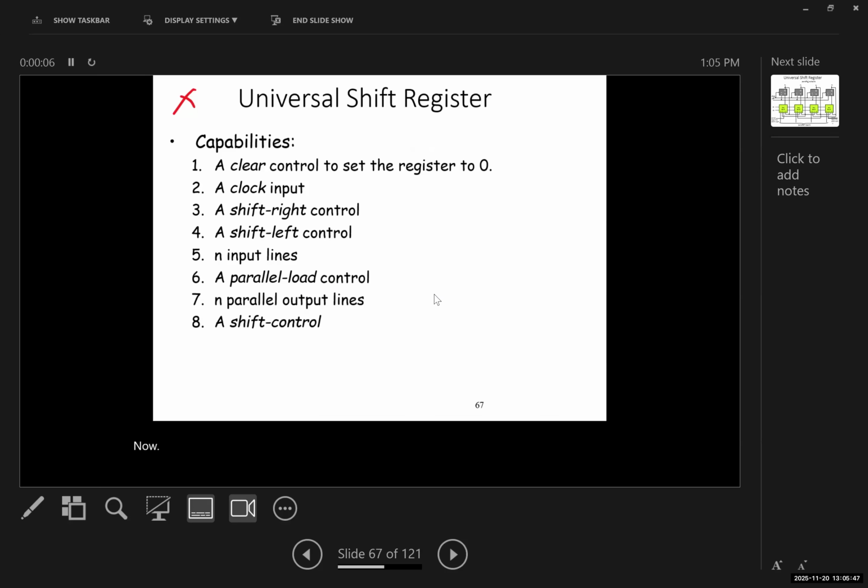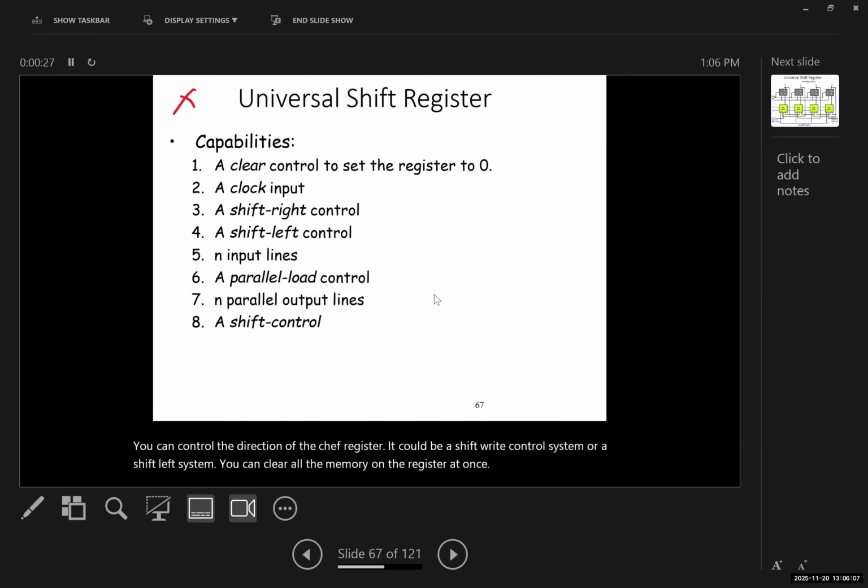a universal shift register has some capabilities. You can control the direction of the shift register. It could be a shift right system or a shift left system. You can clear all the memory on the register at once by setting the clear control of the register to 0. A universal shift register has n input lines. It has a clock input to synchronize the inputs and outputs. It also has a parallel load control,